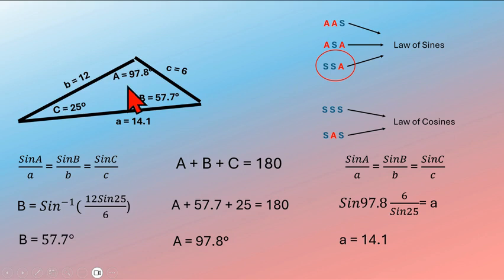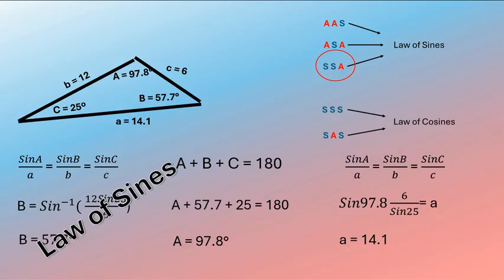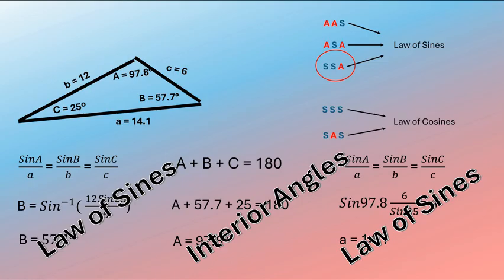So we were able to find all the angles, all the sides. The way we did that is we first used the law of sines, and we found the smaller of the two remaining angles. Then we used the sum of interior angles to find the larger of those two angles. Then we used the law of sines to find the missing side. Right, and so that's how you would solve a side-side-angle